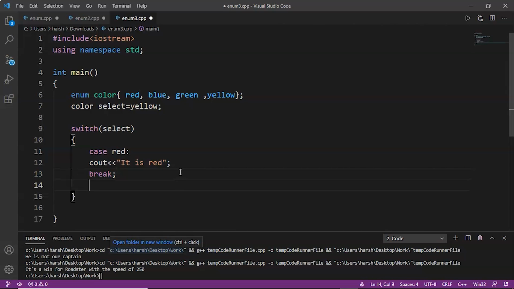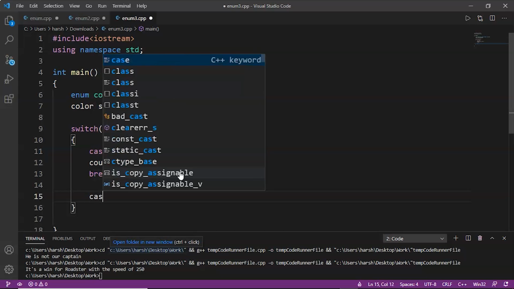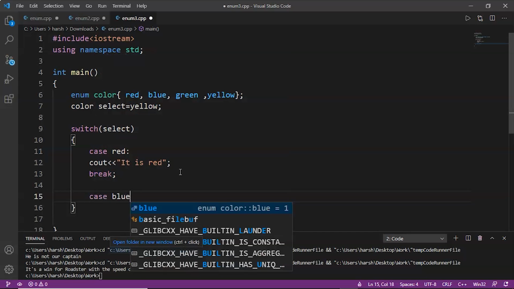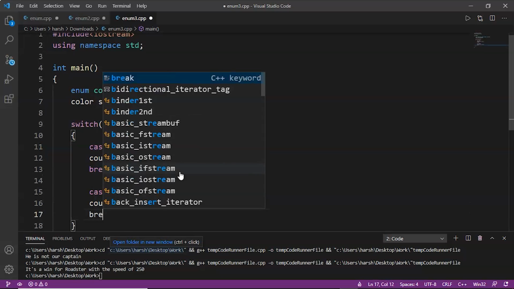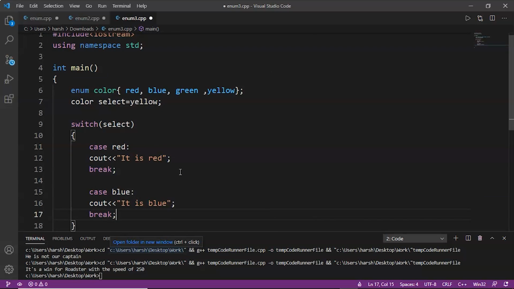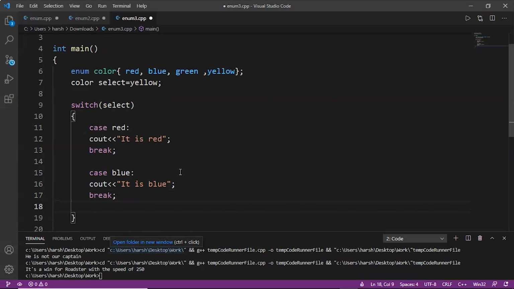So after that the second case, that is case blue, colon. Now here we will print it is blue, and similarly break statement. We'll do the same for all of these colors, green and yellow also.